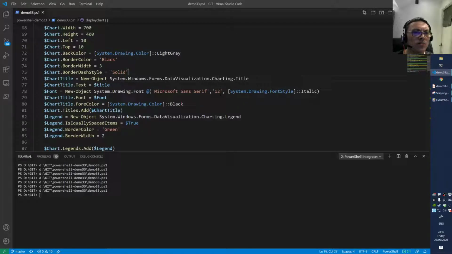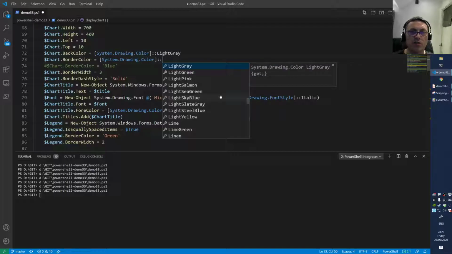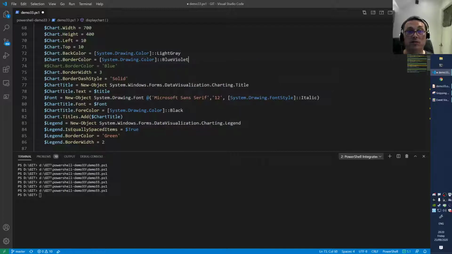That's a title. You see, you can do something more with the bordering there, right? With the styles. Border width I showed, the coloring I showed of the border. Yeah, perhaps we make that blue. I think that's even nicer. Let's see. And I'm gonna try something else as well, because I'm not 100% sure. Now we stick in a string, right? String blue. I think that is supported. But since it is .NET, I think we can also stick in a color like this. And let's see if we have blue here as well. Yeah, we have blue, and we have blue violet even. So let's take that one.